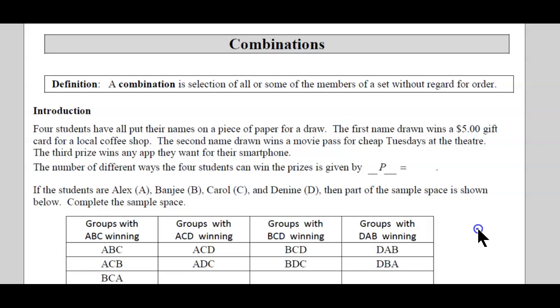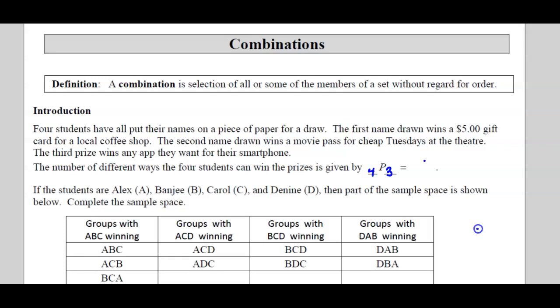In any case, second name drawn wins a movie pass for Cheap Tuesdays at the theater. Third prize wins an app they want for their smartphone. Again, you have to pay for those apps, so it's a bit of a prize. The number of different ways the 4 students can win the prizes is given by, well, we have 4 students, and we're going to arrange 3 prizes. Okay? So 4P3 is,